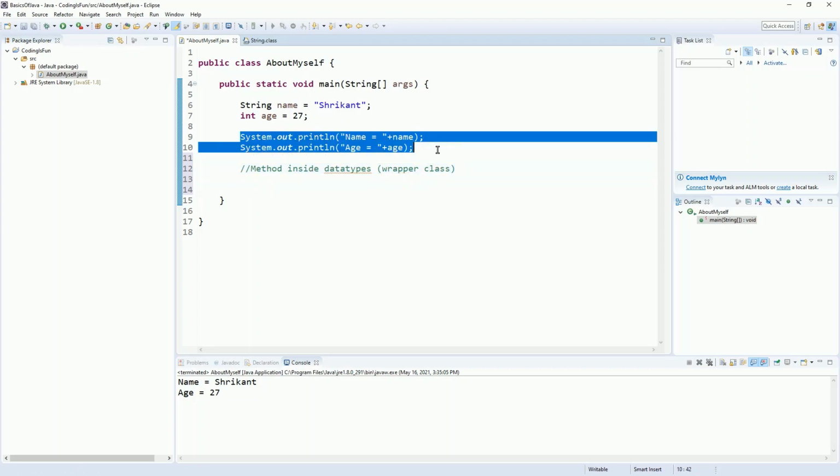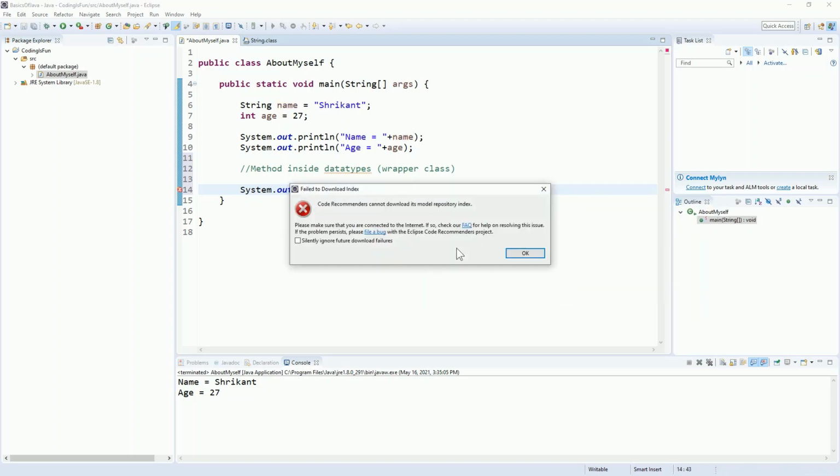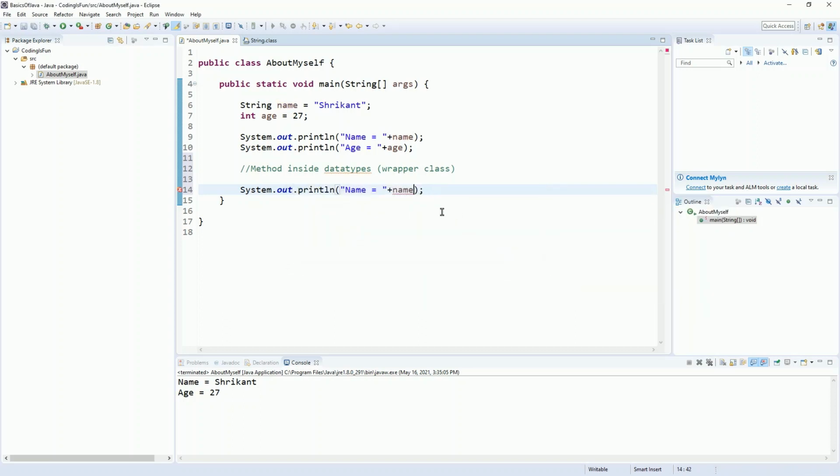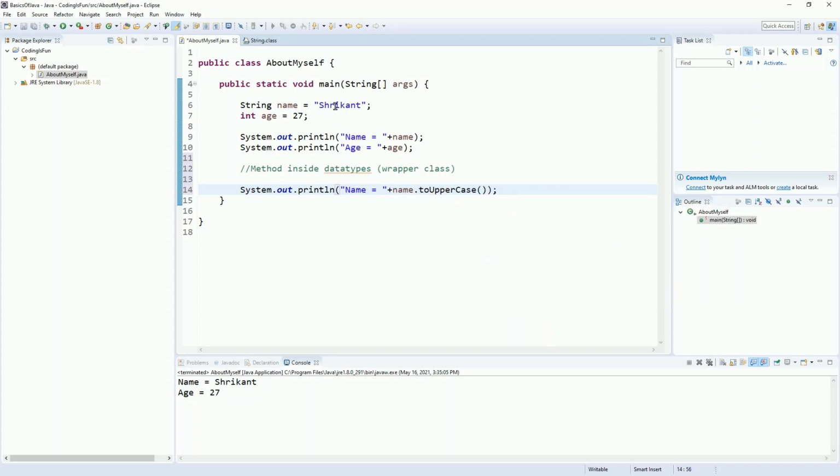So if I use this name and I want to use methods inside it, I can directly use them by using the dot operator. You can see that there are a lot of methods. Suppose I use uppercase, so this Srikanth will be in total uppercase. If I click on run, you can see that the name Srikanth will be in uppercase. But if I use it on the integer types, you can see that it will give you nothing.